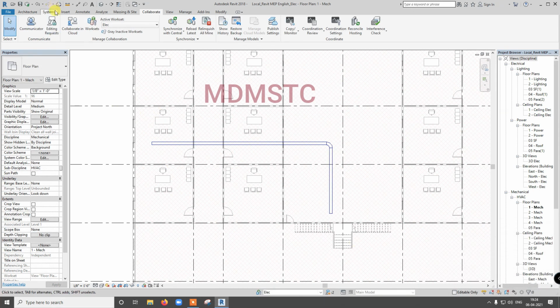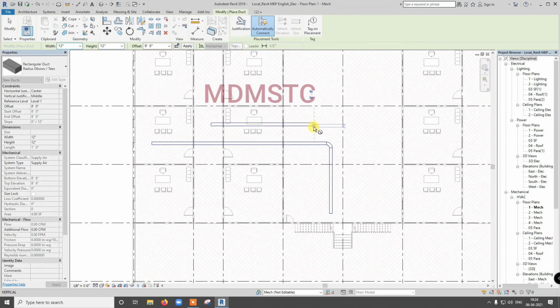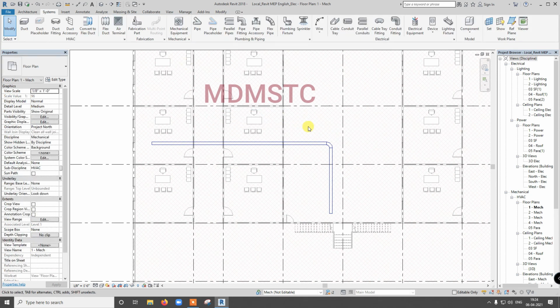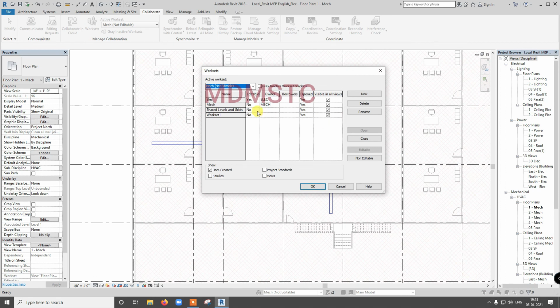Now I am going to select the same work set, mechanical, and draw in that, and I am going to delete. Now it's possible. That means before taking ownership, whatever things they had done, we cannot edit. After taking ownership, any drawings you make fresh, that you can edit. Be careful before taking ownership.